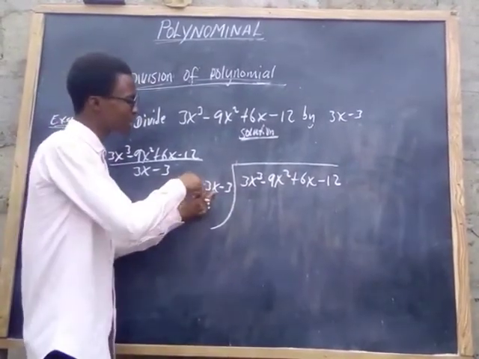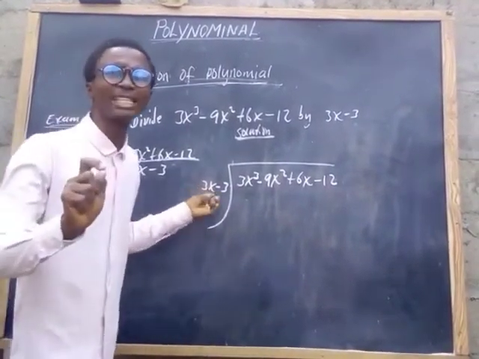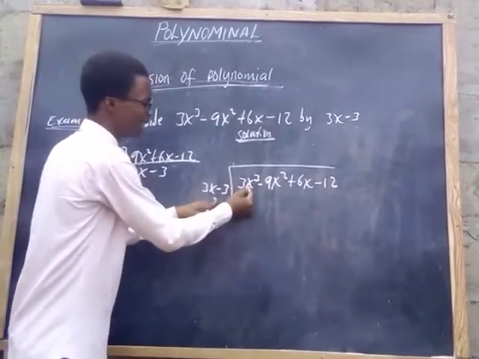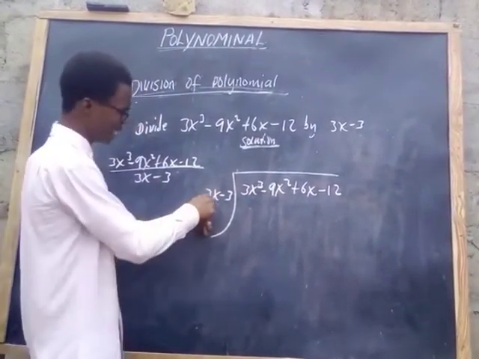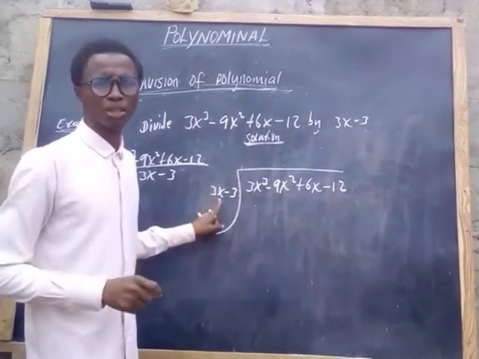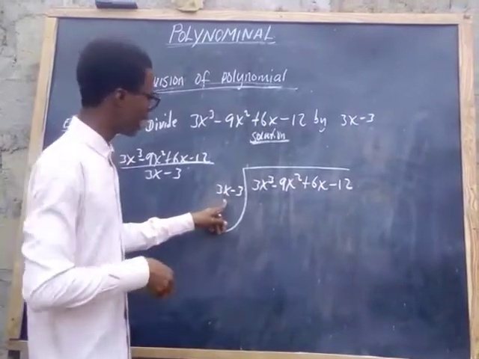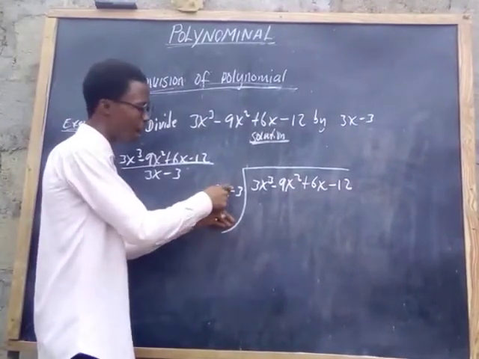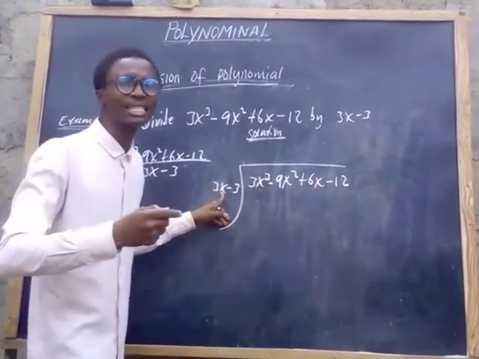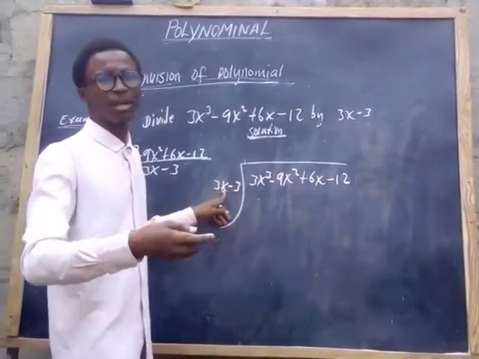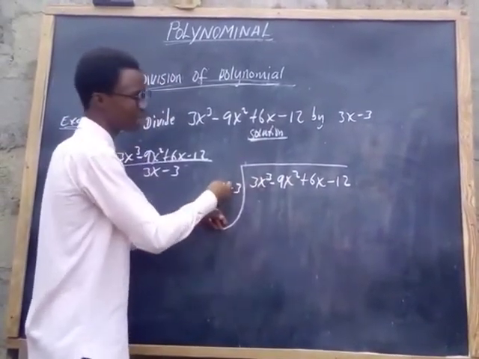How many times can x go into x cubed? What you do is subtract the powers. What is here is x raised to the power 3. What is here is x raised to the power 1. If you don't understand why this is x raised to the power 1, go and watch algebra, where I precisely explain why. So anytime you want to find how many times x can go into this, just subtract the powers. 3 minus 1 will give us